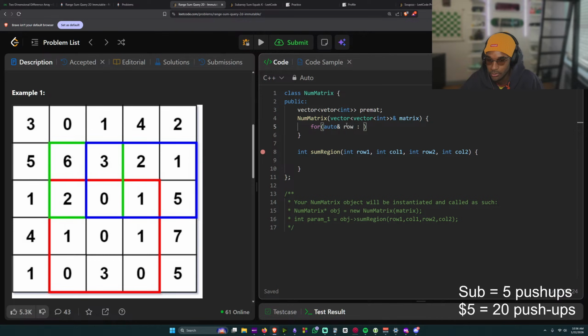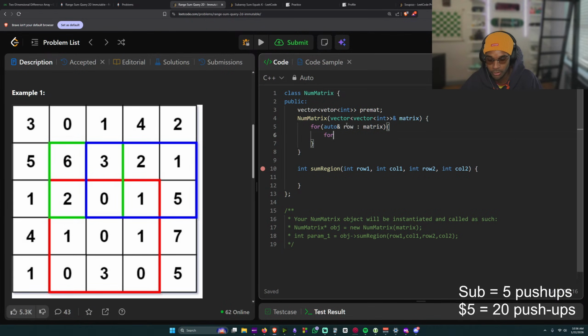So we have for row in matrix, we have for column.